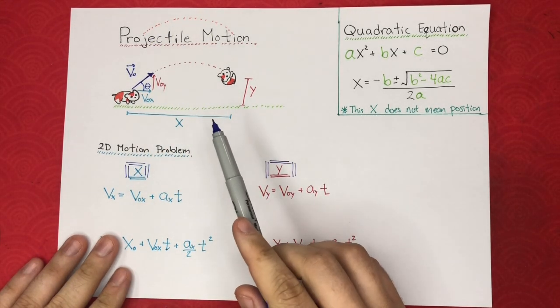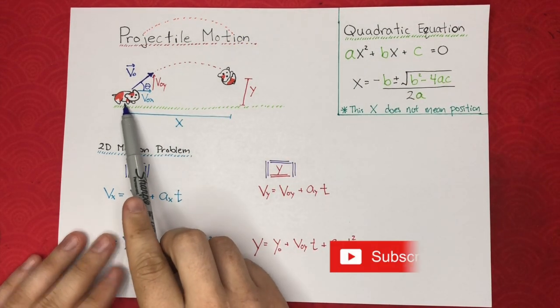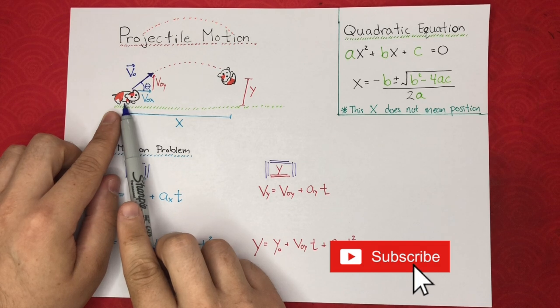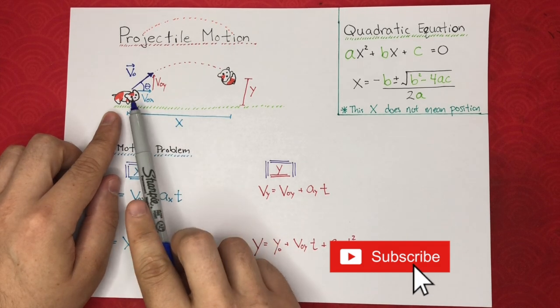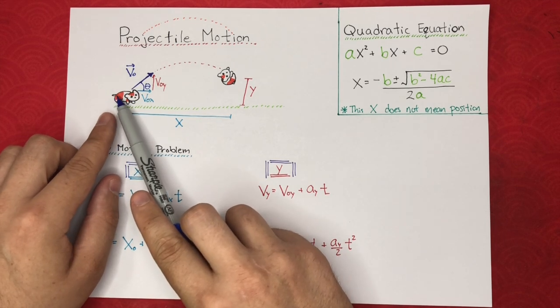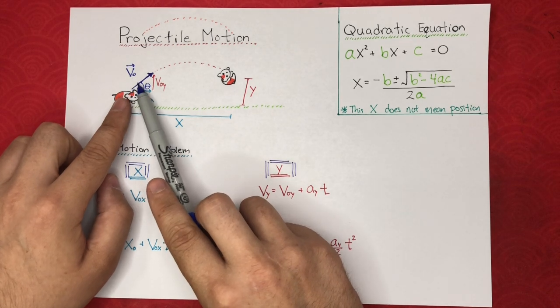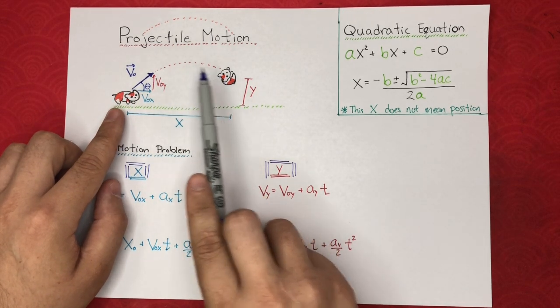Now, what is projectile motion? Well, maybe something that you're already familiar with, but let's take this situation where we have a hamster. If we want to kick this hamster as far as we possibly can, we have to give it some initial velocity, maybe with our foot or with a slingshot or something, okay? So that hamster is going to have an initial velocity, and it's going to follow this arcing motion, a parabolic